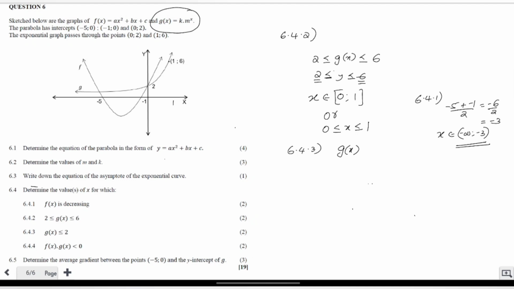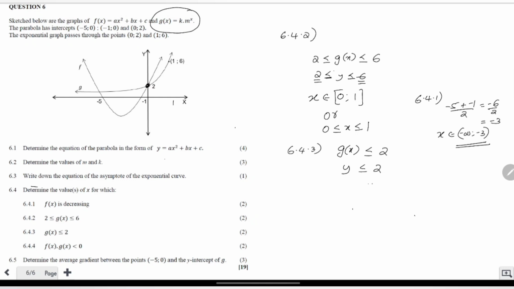Okay, g of x is less than or equal to 2. G of x is the same as what? Y less than or equal to 2. So find out the part or portion of the graph less than or equal to 2, meaning below 2. Where is 2? Y value 2 where? Here,